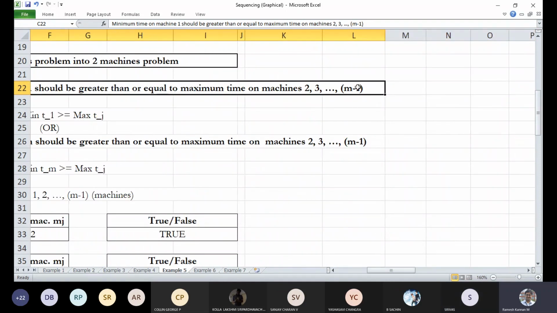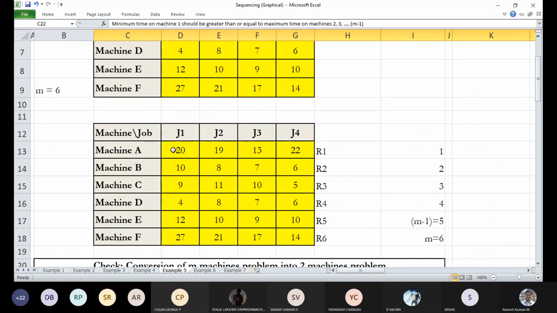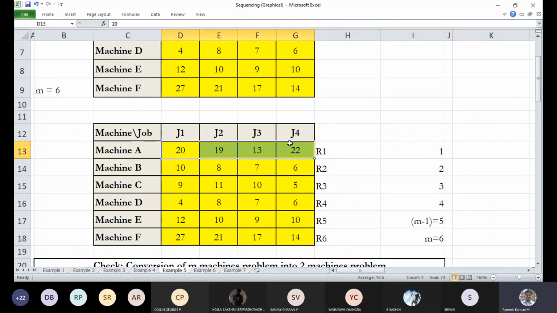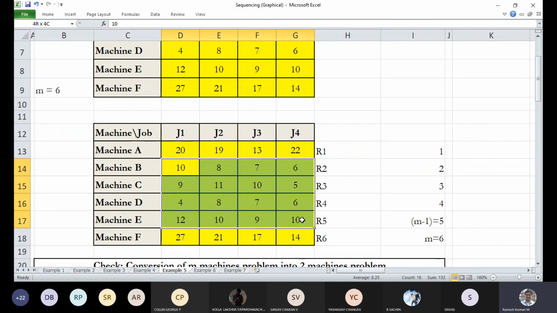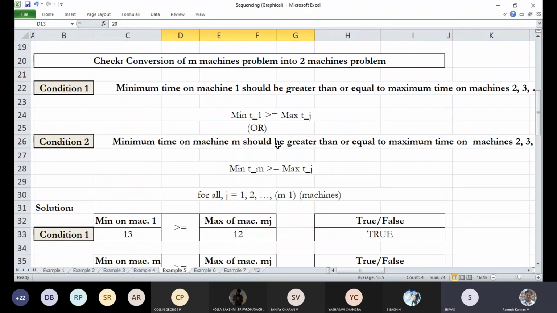So the minimum time on machine 1, row 1, is 13, which should be greater than the maximum time of rows B, C, D, and E, that is m minus 1.